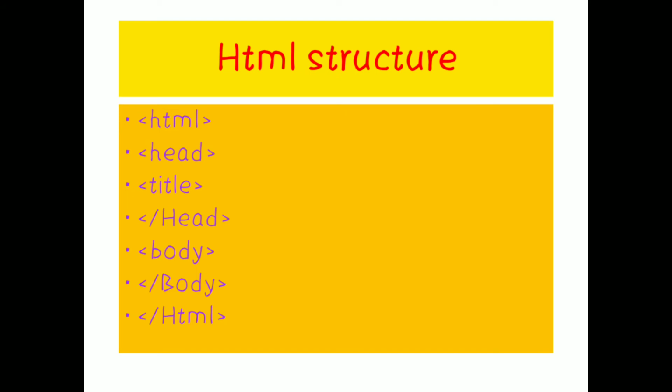Next, let us see the structure of HTML. I hope you all know the structure of HTML because you already learned HTML in the 8th class. So let us recollect it. First of all, we have an HTML tag. After that a head tag. Within that, the title. Once we have given the title, we close the title tag, and we should close the head tag. After that, we open the body tag, close the body tag and then close the HTML tag.